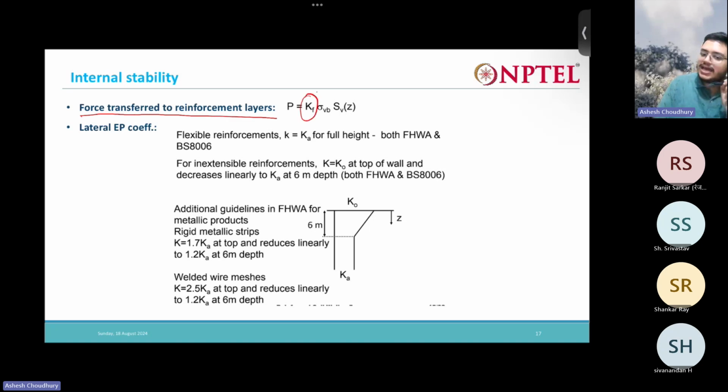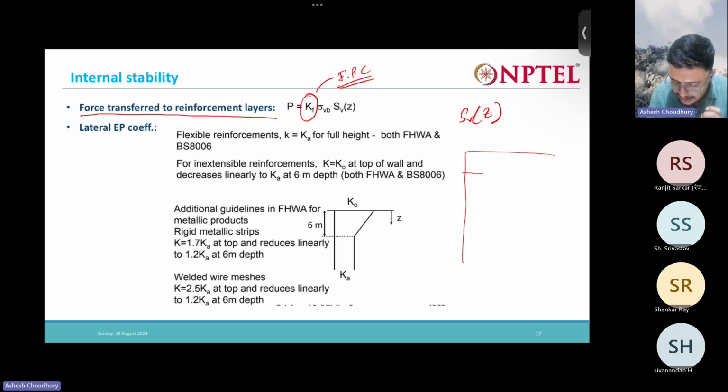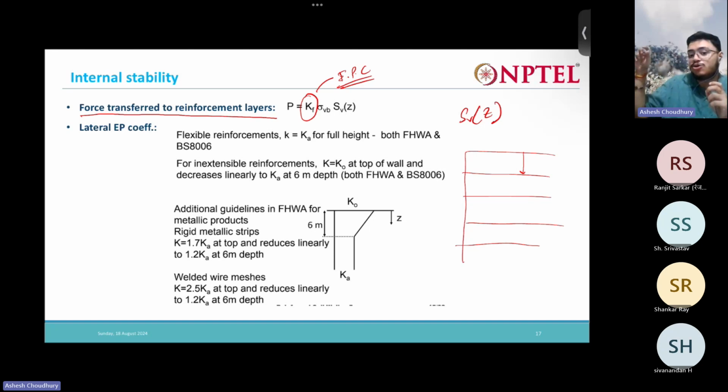What is Kf? Kf is nothing but the earth pressure coefficient of the reinforced block, times the vertical pressure that is coming, times Sv at depth z. Now what is Sv? Sv is nothing but the spacing of the reinforcement at a depth of z. So you have a wall, so you have reinforcement like this, right? So now at a depth z, you can vary the spacing also, you can keep the spacing. We'll see all these things, it will be crystal clear to you when you solve the problems in